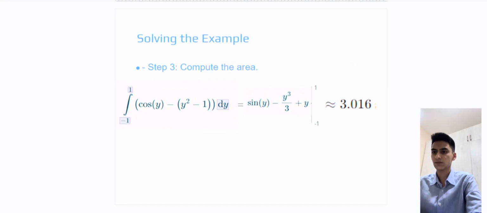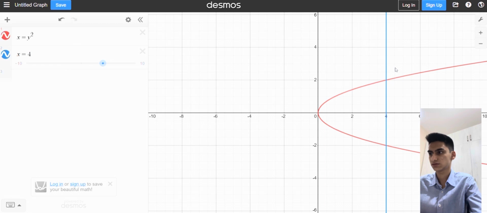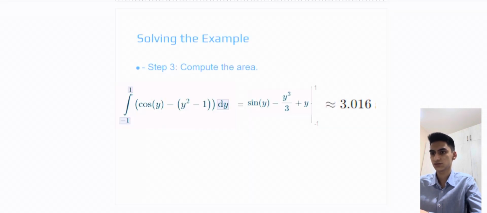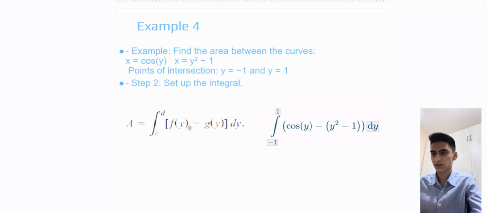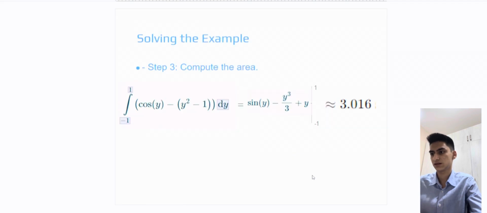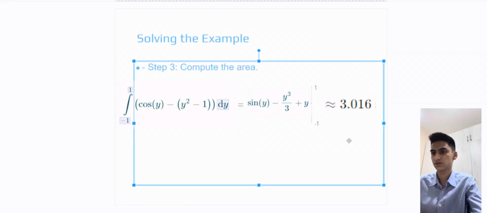Again, when we find the area between the curves with integration with respect to y, we should first find the integration points and look at the graphs of the functions to understand which one is the right function and which one is the left function. Then we plug the functions into the formula: in the first place the right function, in the second place the left function, and also the integration limits. Then we find the antiderivative, and the final answer is the area between the curves.